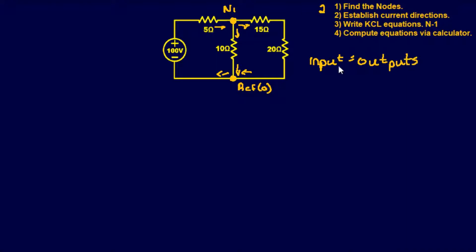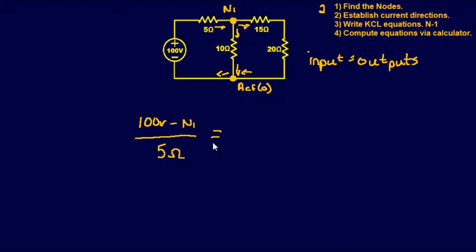There's no getting around that. That's the best way to describe it. So we're going to need one equation, which is N1. So we're going to say inputs equals our outputs, so we're going to need to find our input side. Since we have one arrow going in, we just need to determine that side first. So it's going to be 100 volts minus N1 over 5 ohms